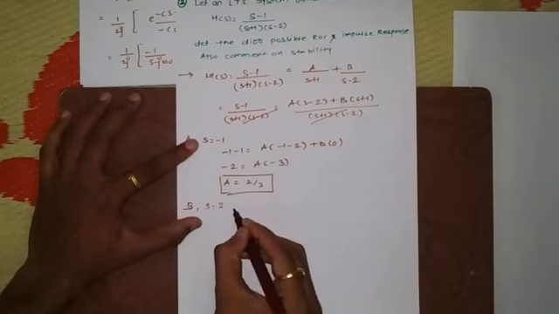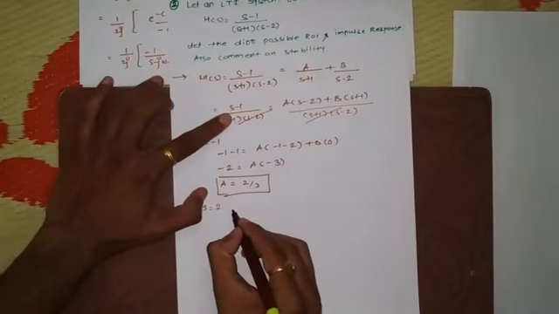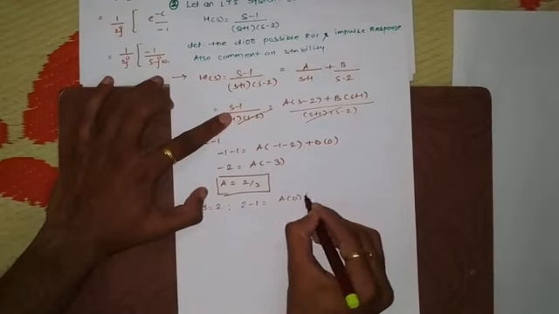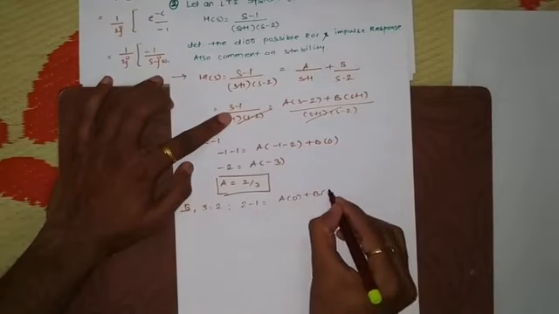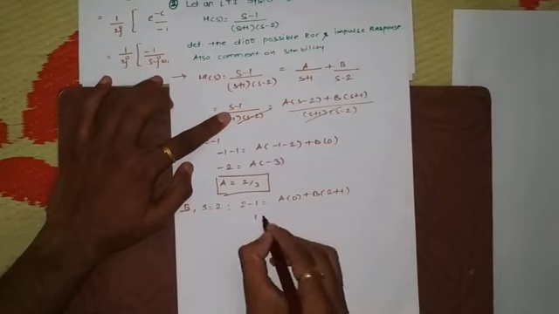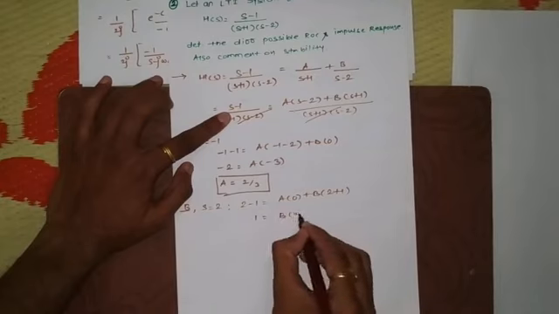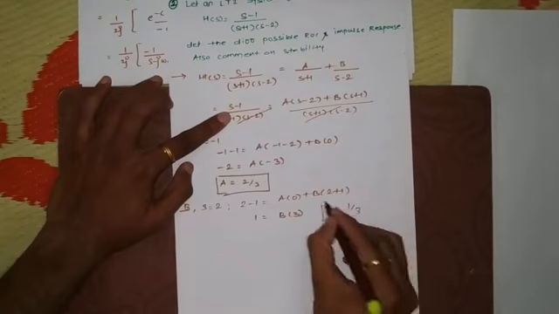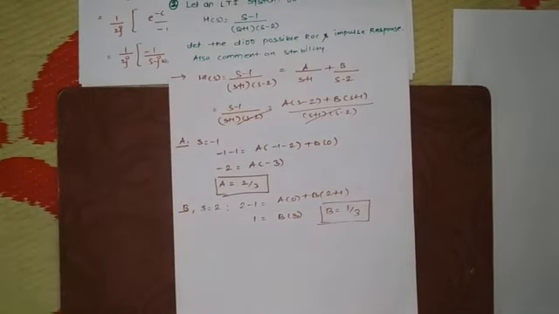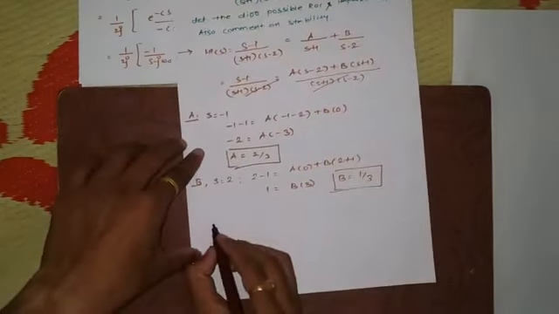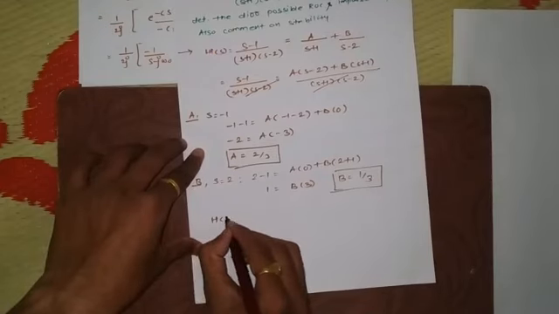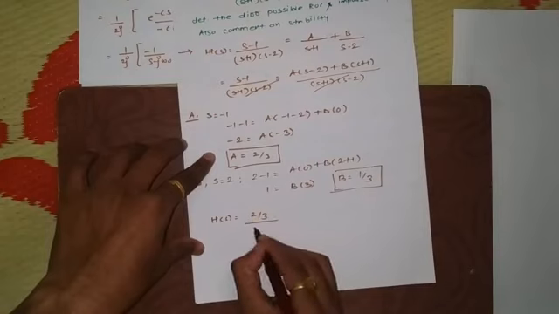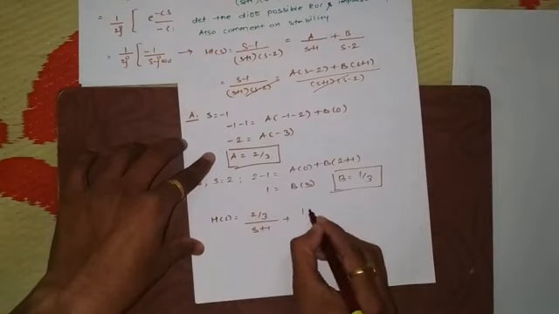So if I consider s as 2, we'll get this side, that is 2 minus 1 is equals to a into 0 plus b into 2 plus 1. So this is 1 is equals to b into 3. We get b as 1 by 3. So these are the coefficients a and b. Now we'll put those in H of s as 2 upon 3 by s plus 1 plus 1 by 3